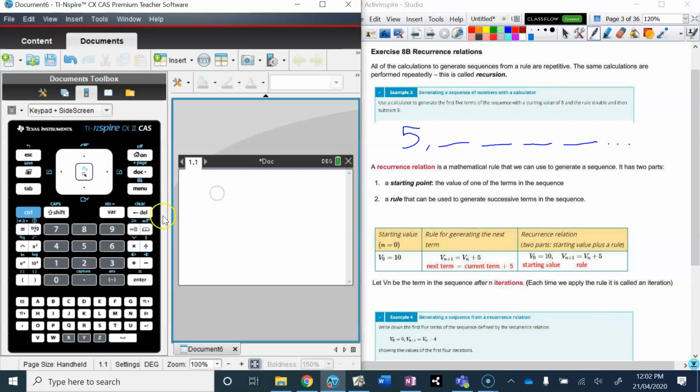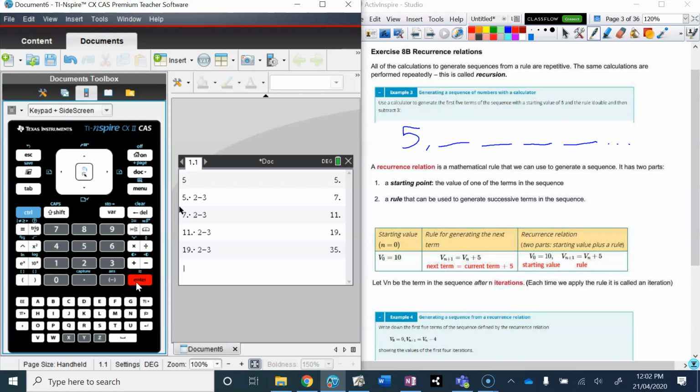So on your calculator, if you tell the calculator that the first term is 5, you need to hit the number 5 and then enter. By doing that, that just tells the calculator that 5 is the first term. And then I'm going to tell the calculator now what the rule is, and I want to double, so times 2, and then subtract 3. When I hit enter, that calculates the second term of the sequence. When I hit enter again and again and again, it calculates the third, fourth and fifth terms of the sequence